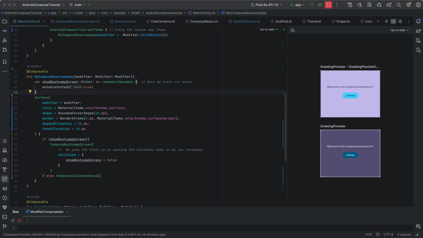We'll be learning about modifiers. How do we use modifiers to adapt our composable UI in different forms that we want. Okay, so we'll be learning all these concepts. Okay, so let's jump right to the tutorial and understand. Okay, so Jetpack Compose is obviously shipped with a huge library of UI components that